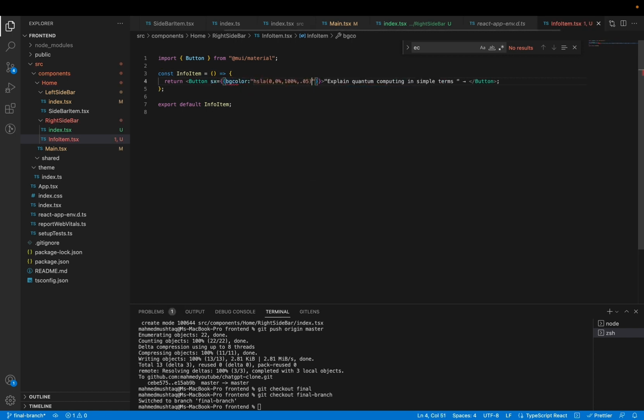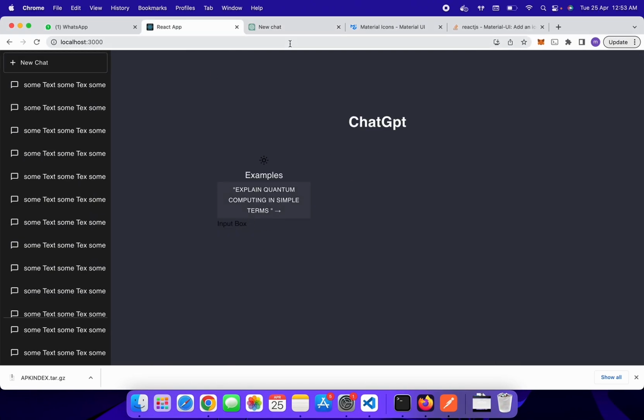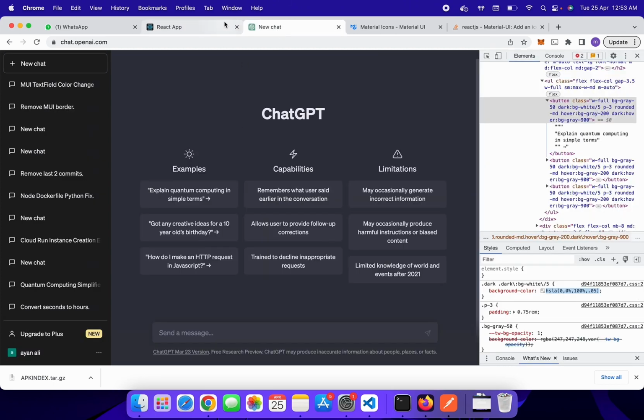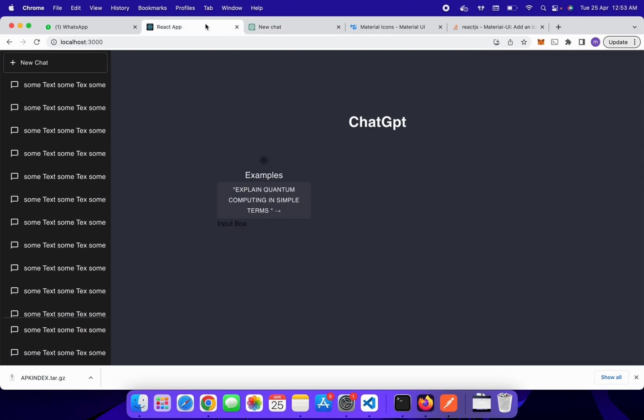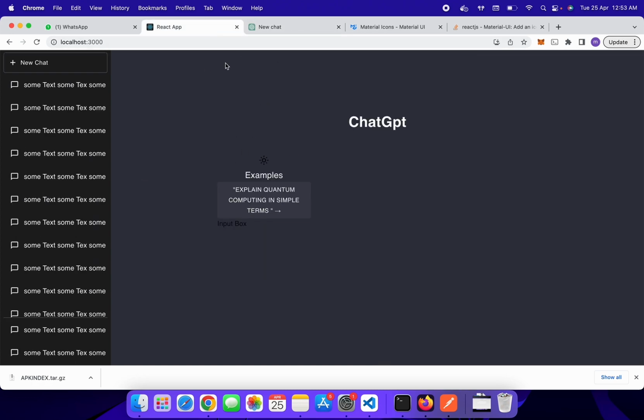BG color. You can see the background color exactly matches with the ChatGPT item background color. And next thing, we need to add